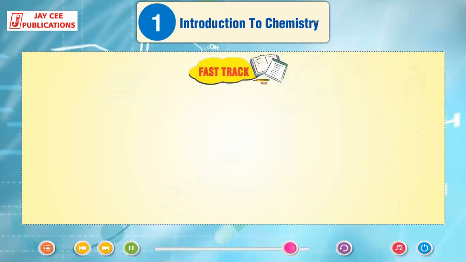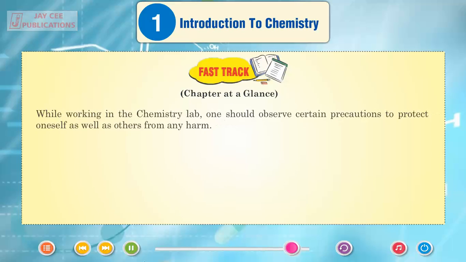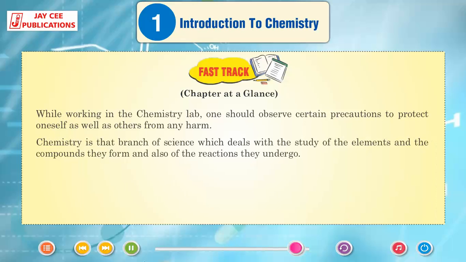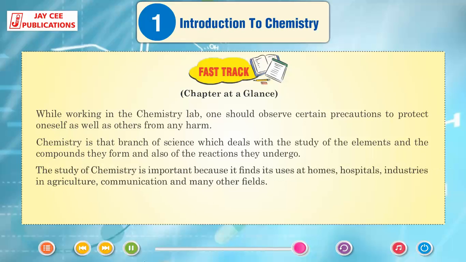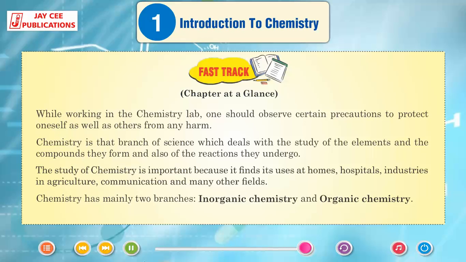Fast track. Chapter at a glance. While working in the chemistry lab, one should observe certain precautions to protect oneself as well as others from any harm. Chemistry is that branch of science which deals with the study of the elements and the compounds they form and also the reactions they undergo. The study of chemistry is important because it finds its uses at homes, hospitals, industries, in agriculture, communication, and many other fields. Chemistry has mainly two branches, inorganic chemistry and organic chemistry. Chemistry has vast importance in modern life. Chapter 2,